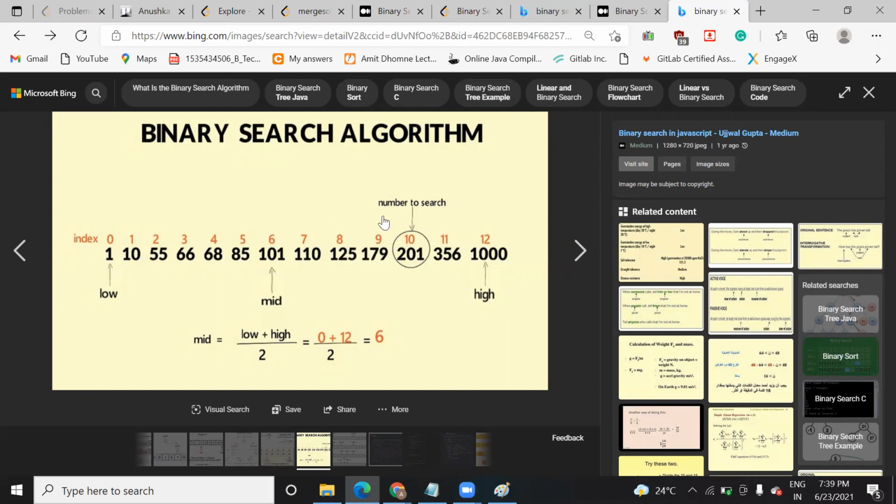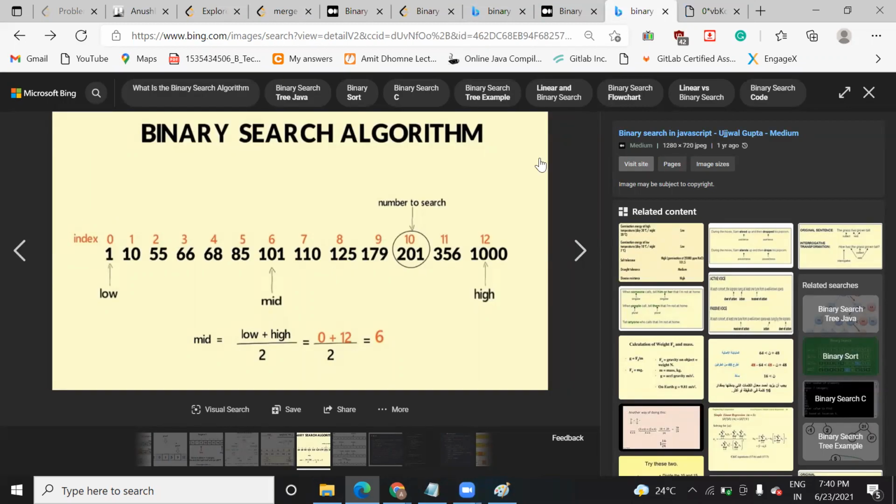So 13 plus 0 divided by 2, that is 6.5, something like that. You will check it, 110 is less than 201. The condition again becomes false. Then what is the mid value? 7 plus 1, that is 8. Formula is,